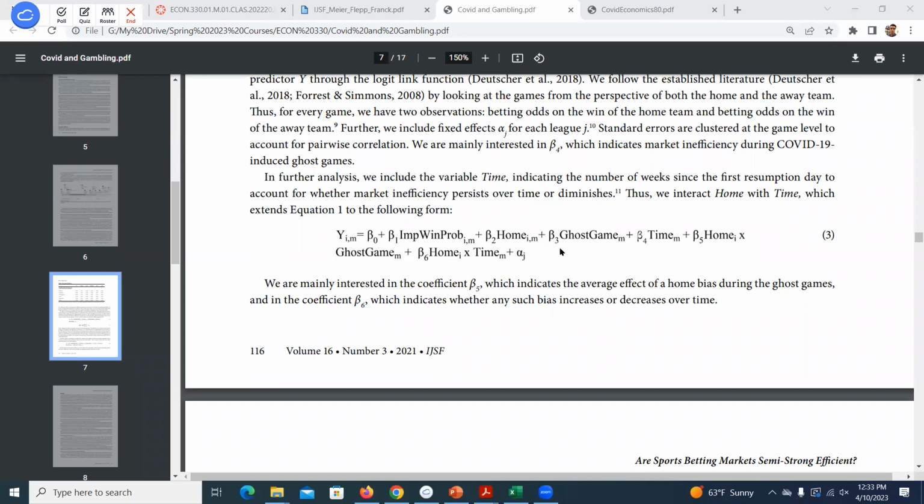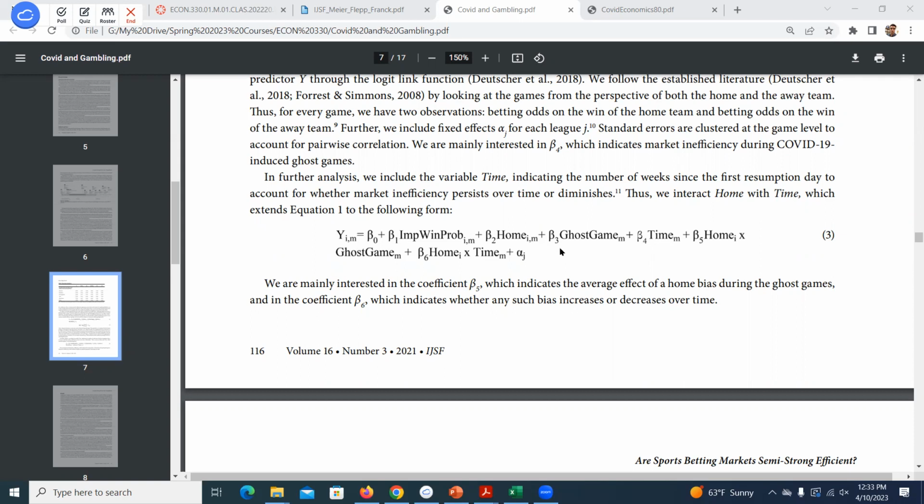What they then said, okay, look, we've controlled for this, and they thought an interesting thing to do was look at why there might be an advantage of being the home team. That's really the explanation generally given, right? It's that there's maybe the comfortability of the arena. You're in your hometown, but also the fans are more often than not behind you. So they said, maybe there's an impact from being the home team that they're not factoring into these lines.